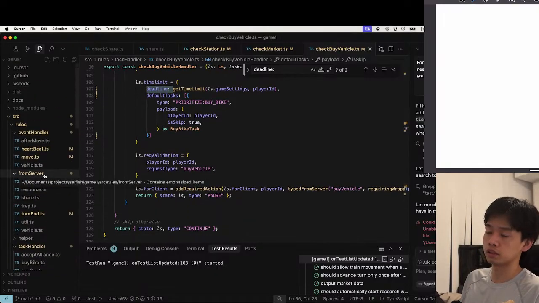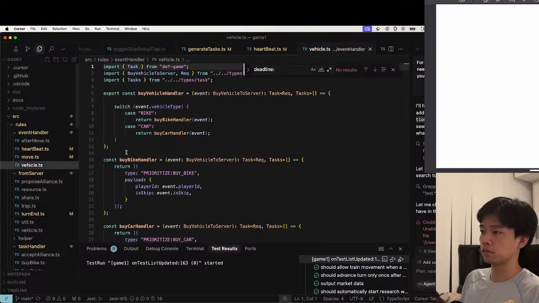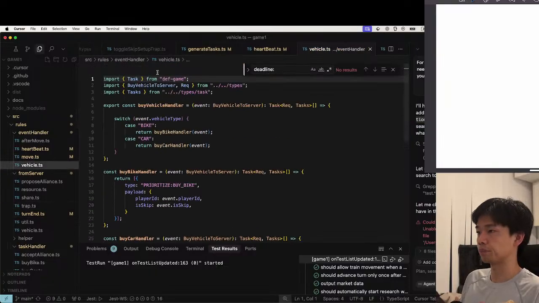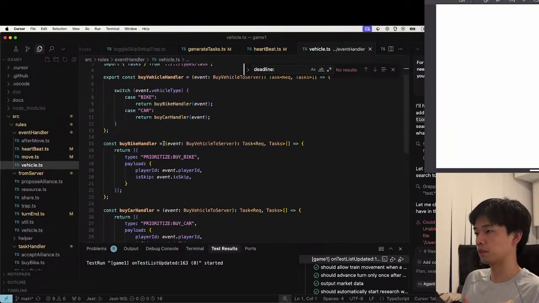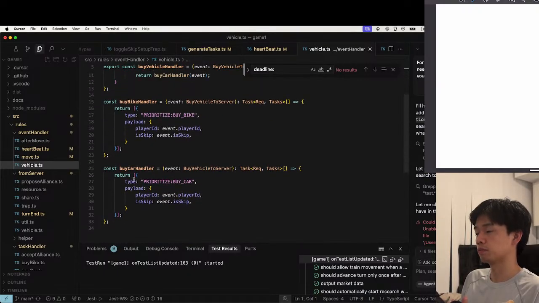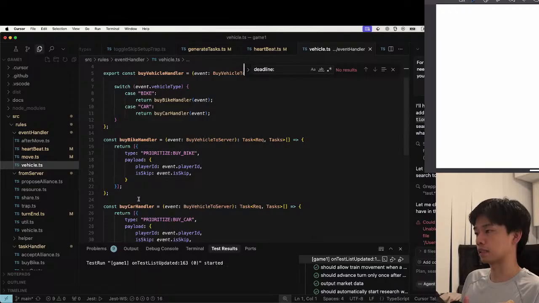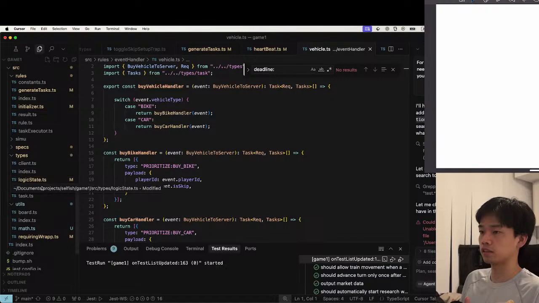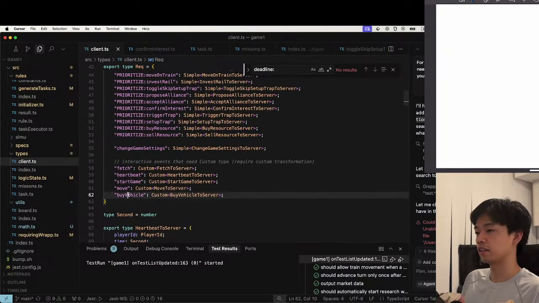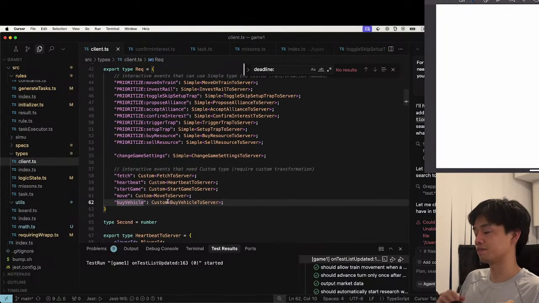So this works, I think so. This is a custom handler switching bike or car, but it's so simple. So yeah, one task is pushed. So I think this should be separated, divided as a buy bike and buy car, but